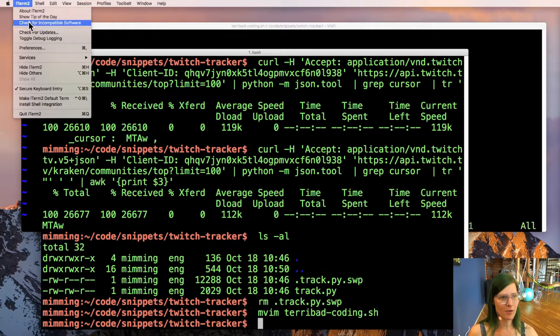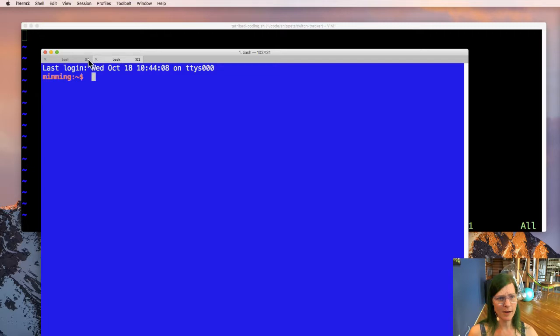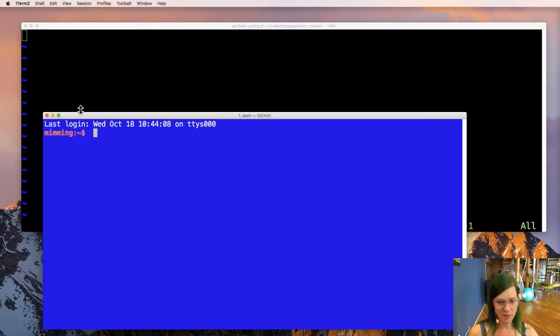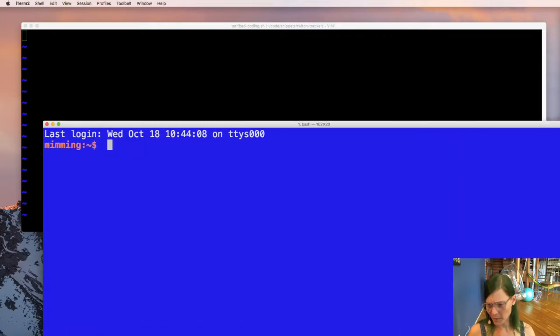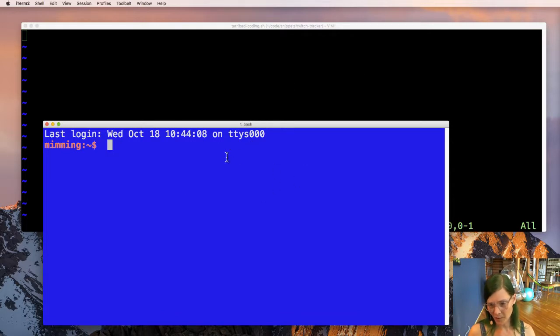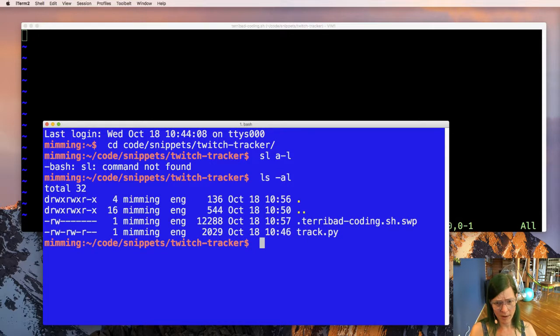Okay, I'm actually going to switch my profile over to a blue one. Hey! So you can actually see stuff. So I should probably just make my terminal blue by default. Make it a little bit bigger so you can see it better. I'm doing this so that you can actually tell the difference between my Vim buffers and my terminal. And it was just called snippets, and then Twitch tracker. Okay, here we are. We're back here. We're looking at this terrible shell script.